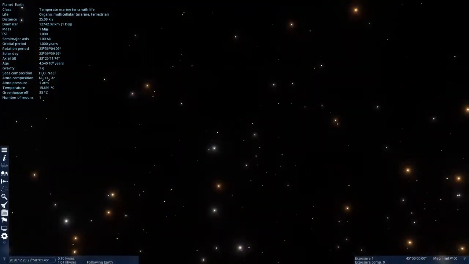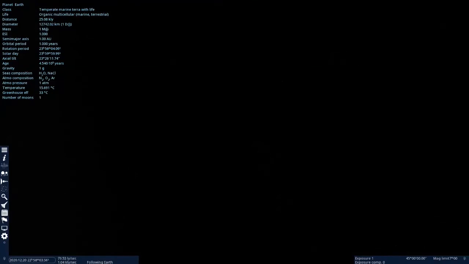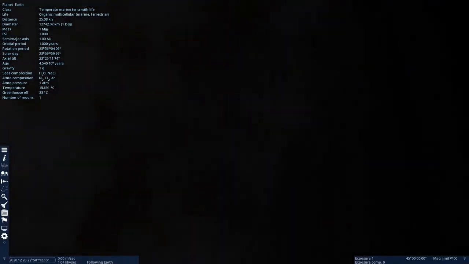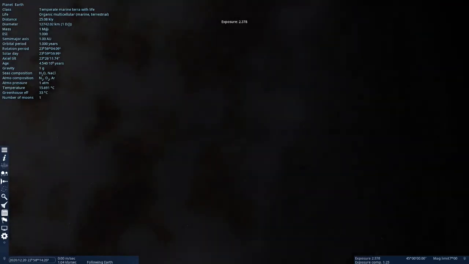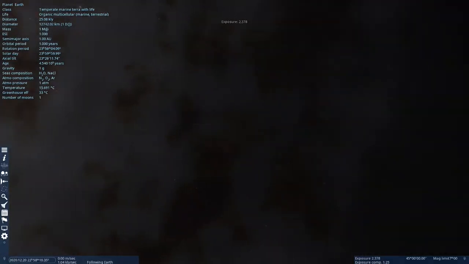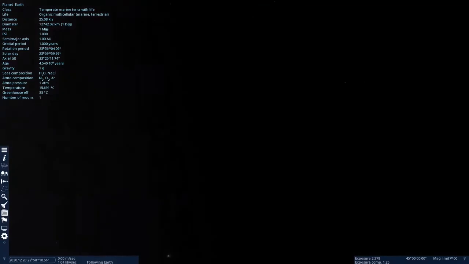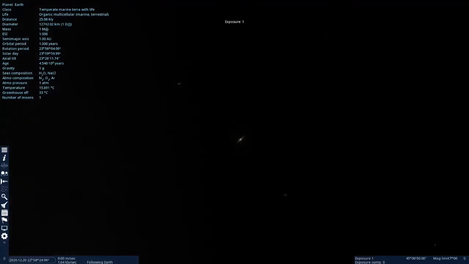I need to get out into space here a little bit better so I can see what I'm looking for. Should be somewhere around here. Oh, come on. Maybe I didn't swing over far enough. Yeah, there it is. Slightly wrong direction. Next target, the Andromeda Galaxy. And I sort of figured out a way to find it from out here so I didn't have to go back home again.